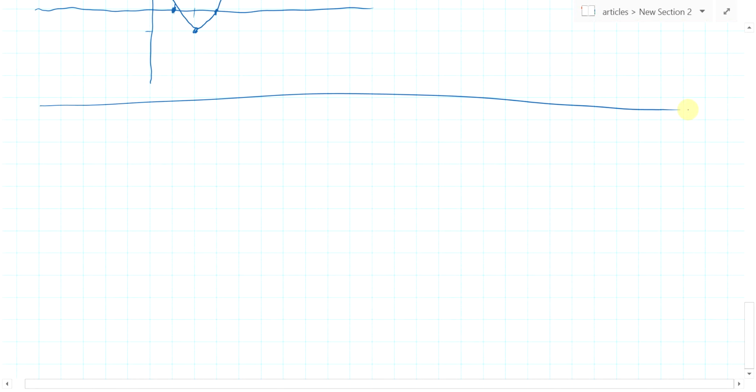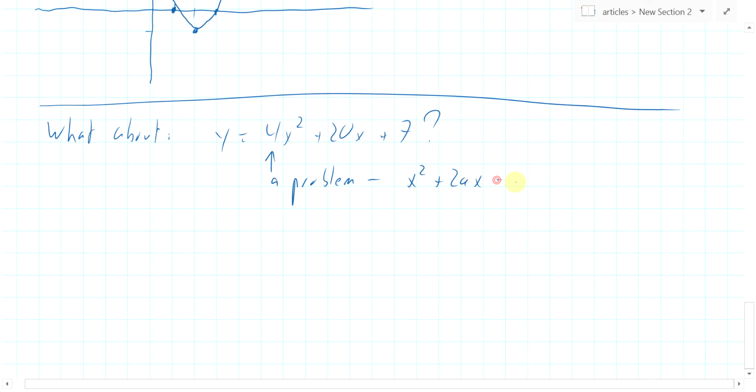what about the problem that we left at the end of the last video? What about y equals 4x squared plus 20x plus 7? This is a problem, the 4 times the x squared. Why is that a problem? Well, everything we've done so far has been based around the idea that this formula, oops, that's not an equals, that should be a plus,